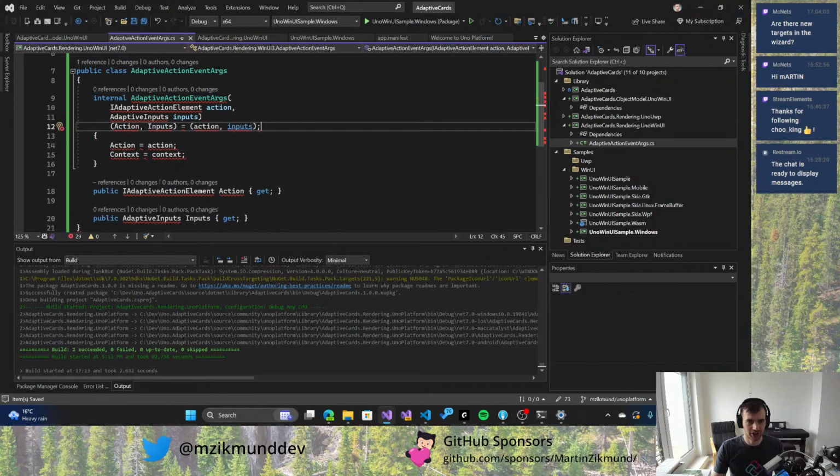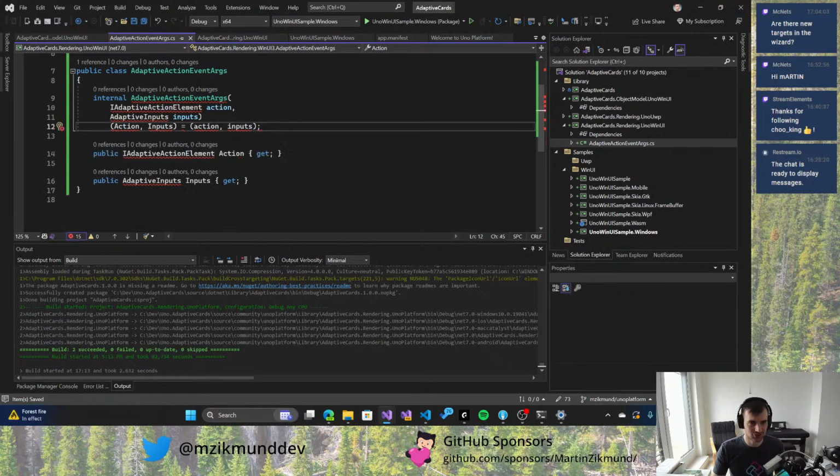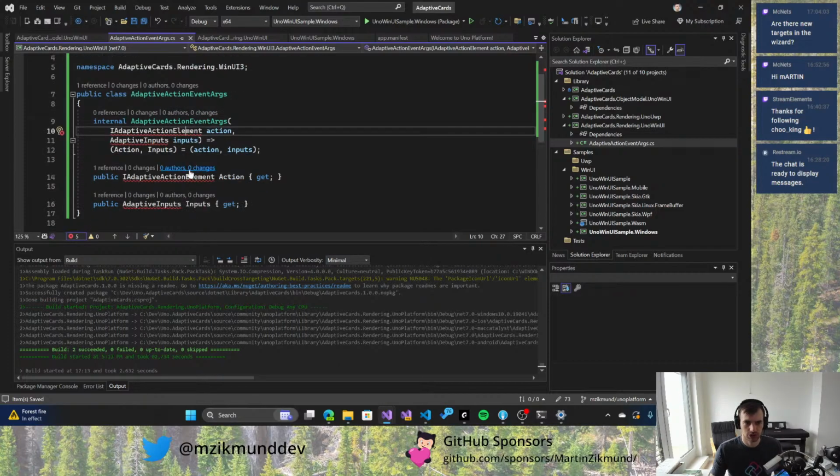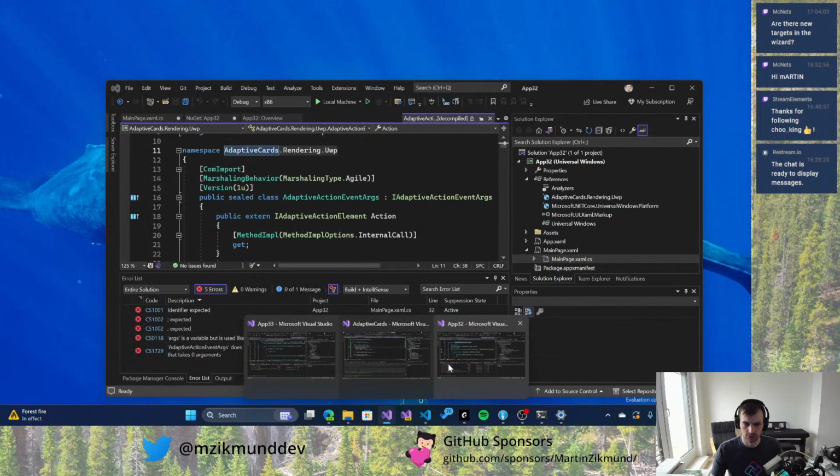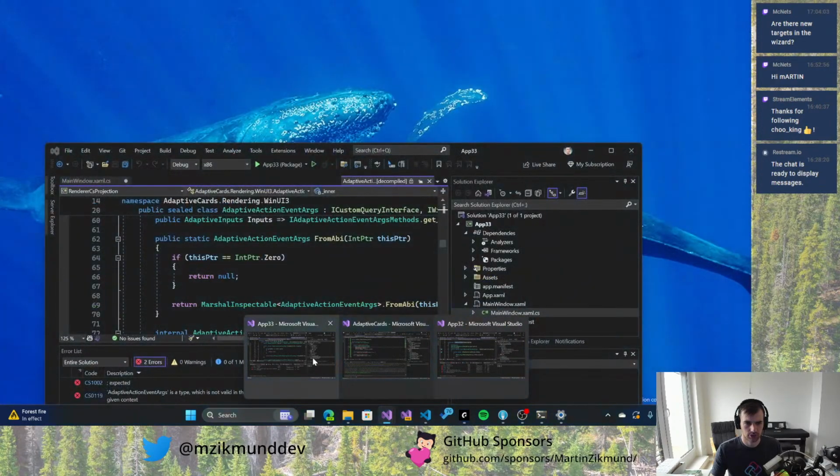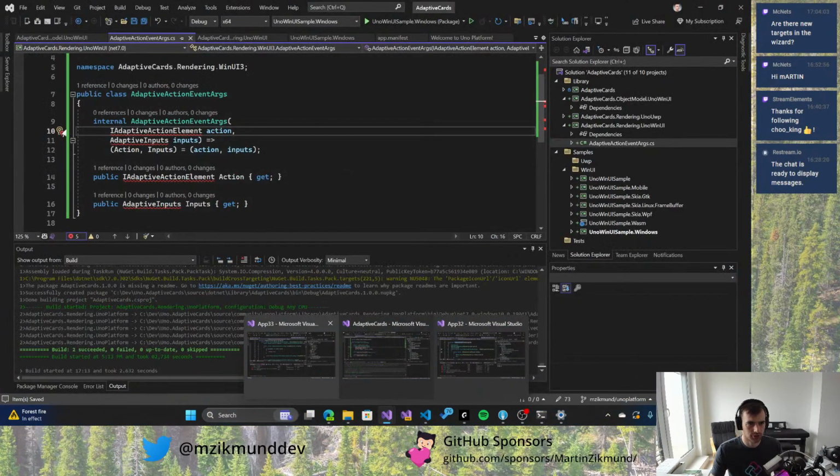This shorthand initialization syntax is based on tuples, and it's quite cool when you have just two or maybe three parameters of the constructor. It makes it a little more succinct. It's kind of like the record syntax, which we could actually maybe use. We could use records for this or not. I'm not sure, but let's keep it for now as class, just plain class. But yeah, so edit with